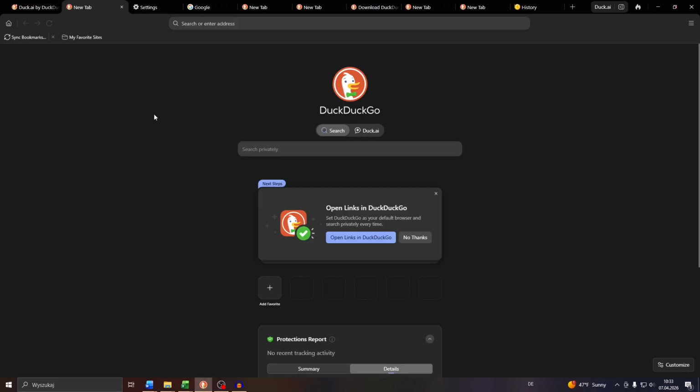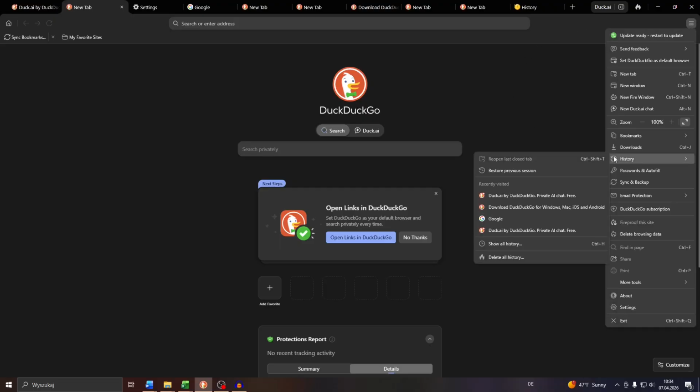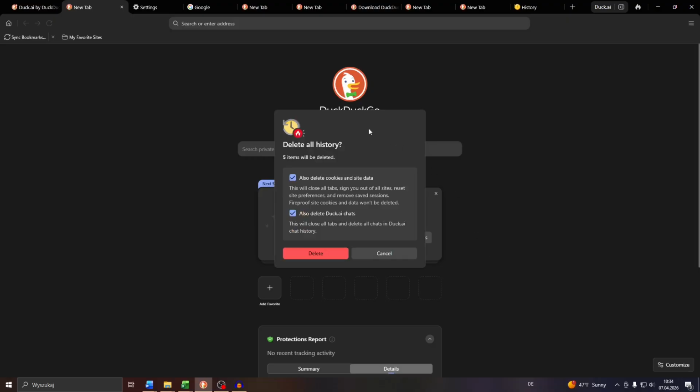Option number one, guys, if you'd like to do that manually, open up DuckDuckGo here on your computer, navigate to these three lines in the top right, click into history or hover your mouse over it, and from that menu choose delete all history. And after that, from that window here, select the items you would like to delete. In this case here, I would like to delete or clear the cookies inside data. So make sure that this checkbox is selected, confirm by clicking into delete, and that is going to delete the